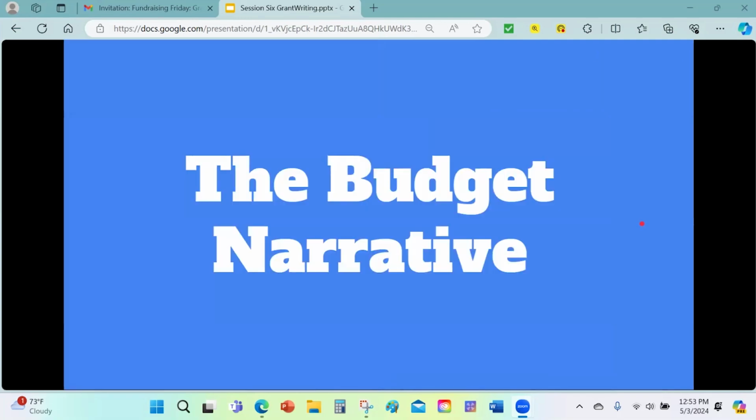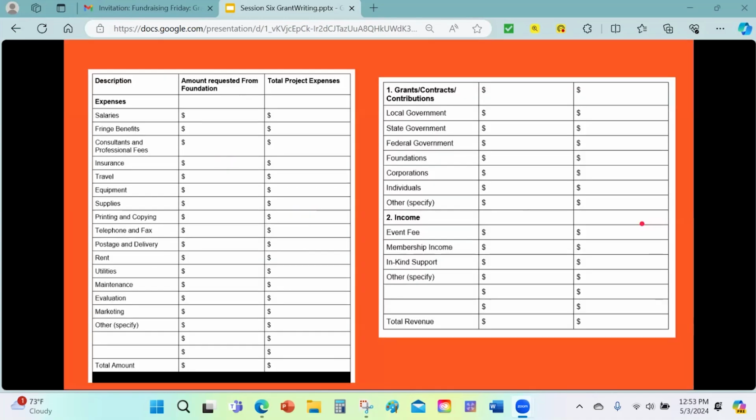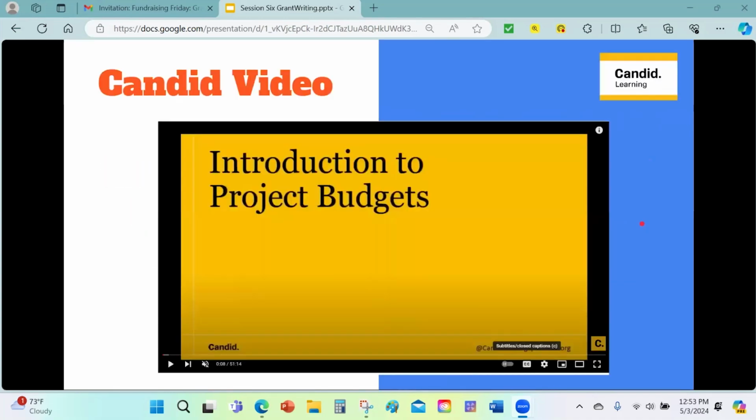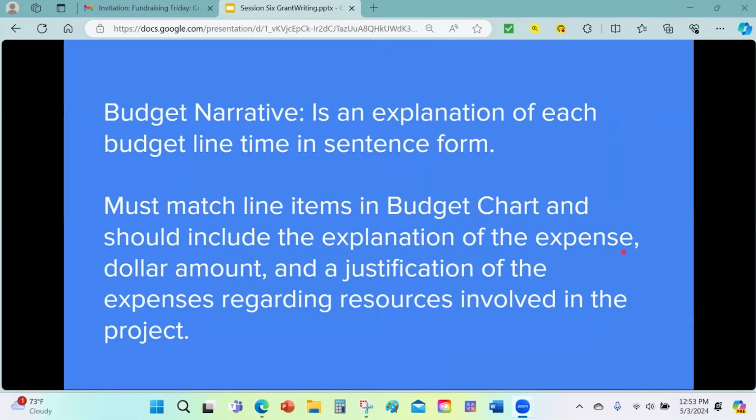So now that we have done our budget, because our budget's going to be the spreadsheet, right? We're going to have the spreadsheet. So now we've got to describe those elements in the budget narrative. So the budget narrative is simply a narrative explanation in sentence form of what that budget line is doing. I am buying one Dell computer at $1,500 to provide